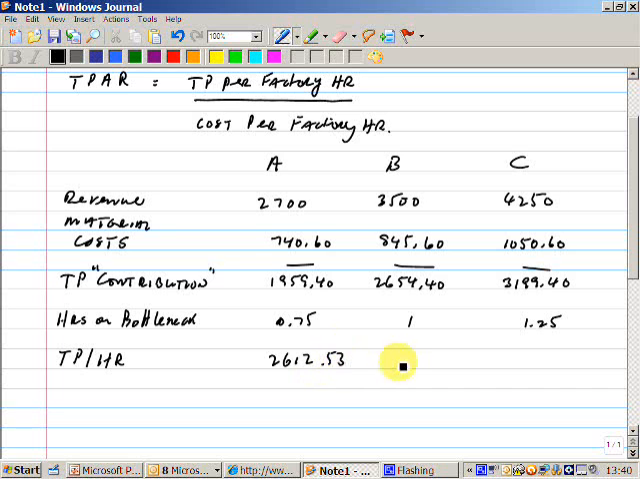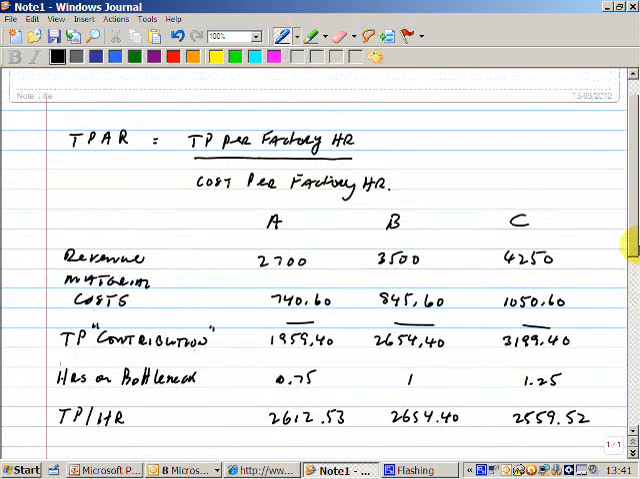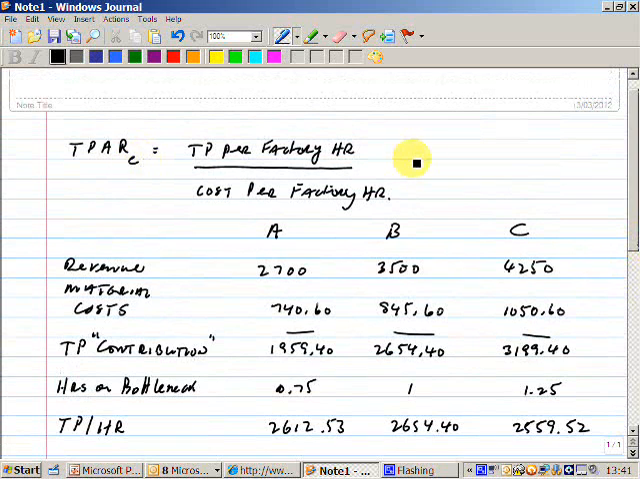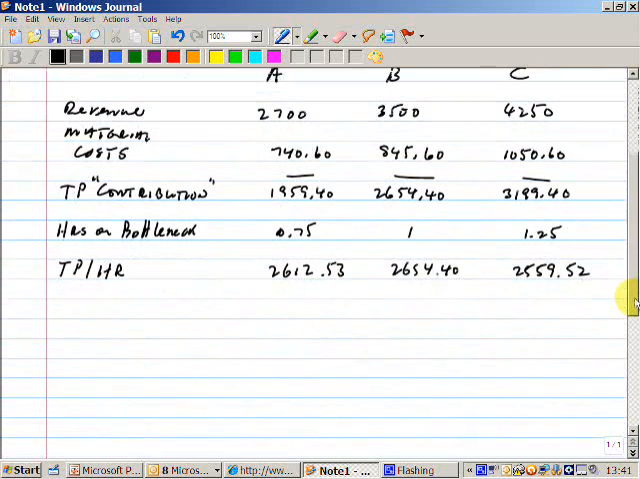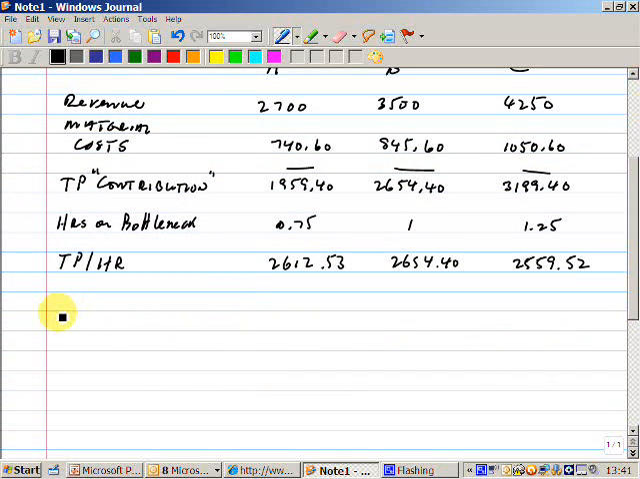2612.53, 2654.4, and 2559.52. So that's the top part of the equation. So for C would be equal to 2559.52 dollars divided by another amount. So let's have a look at that. And the other amount is the